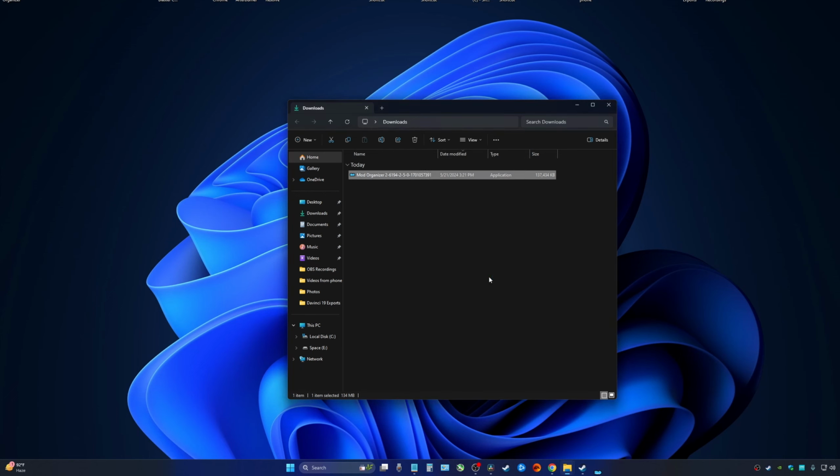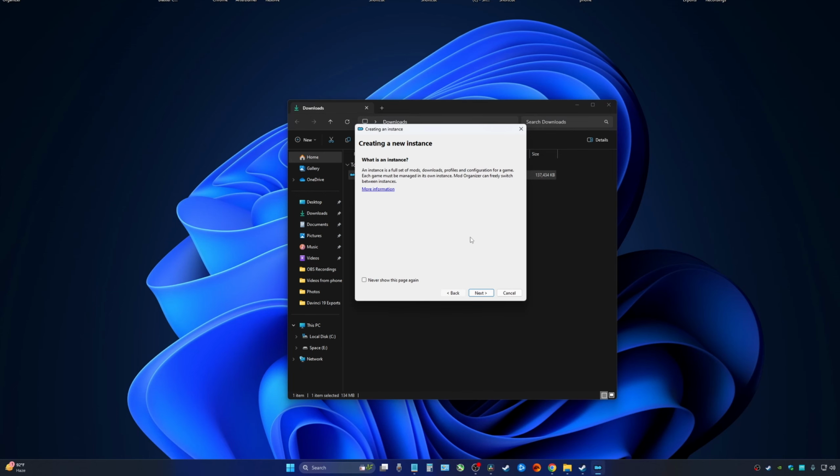And go ahead and launch Mod Organizer 2. The Create New Instance page will pop up. Click Next. And here you have two options. For most users, you are going to be using the global instance. This means you may have multiple games on one installation of Mod Organizer 2, but the downside to this is